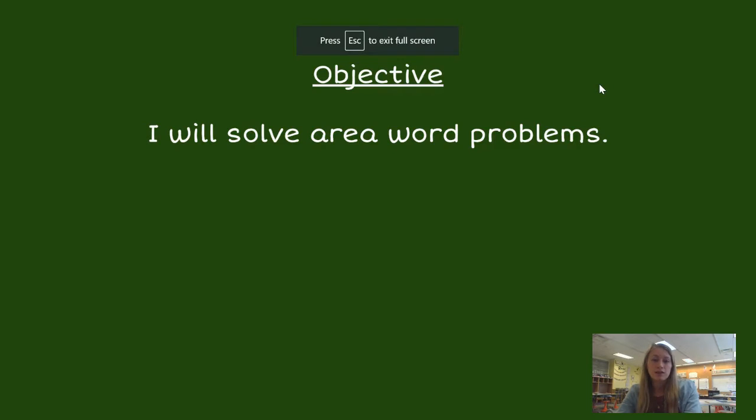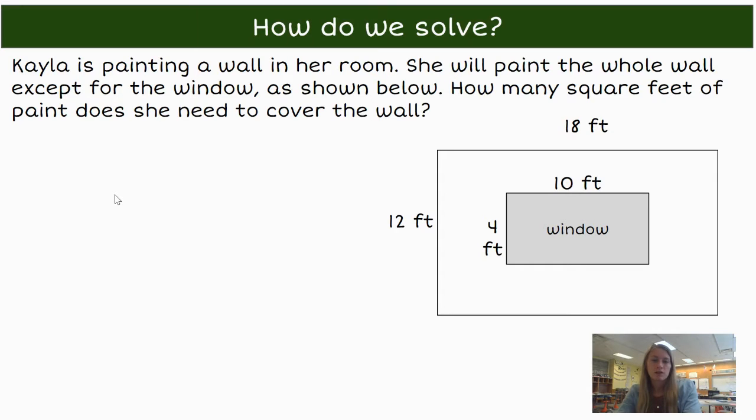So let's dive into lesson 13.5. Our objective is I will solve area word problems. Let's take a look. So how do we solve this problem? Well, first off, I see that it's a word problem with a diagram or a model over to the side. So if we approach a word problem, we can use cubes. If you'd like, write cubes in your notebook, and then we'll solve for each of the elements of the cubes